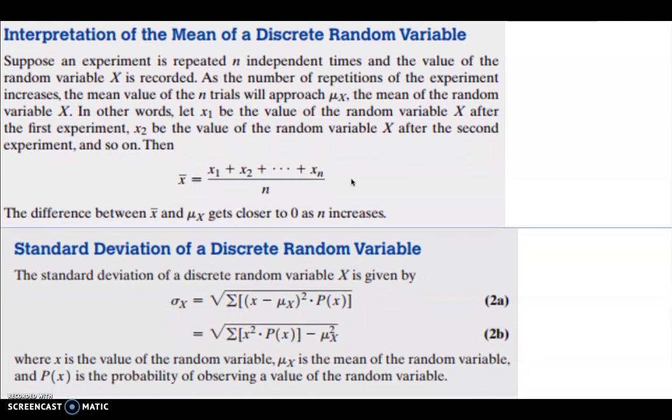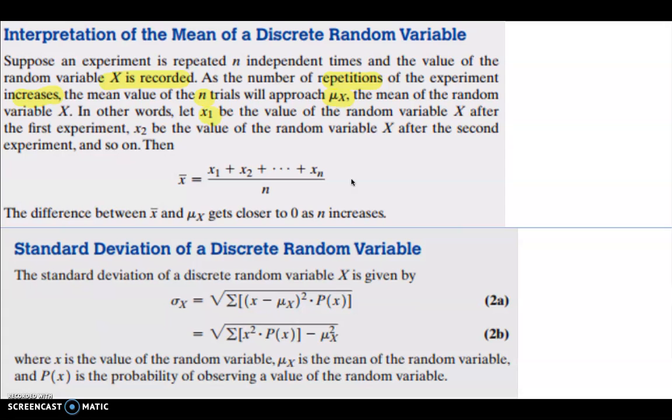So here's a small interpretation of the mean. Suppose an experiment is repeated n independent times, and the value of the random variable x is recorded. As the number of repetitions of the experiment increases, the mean of the n trials will approach the actual mean, the mean of the random variable. So in other words,